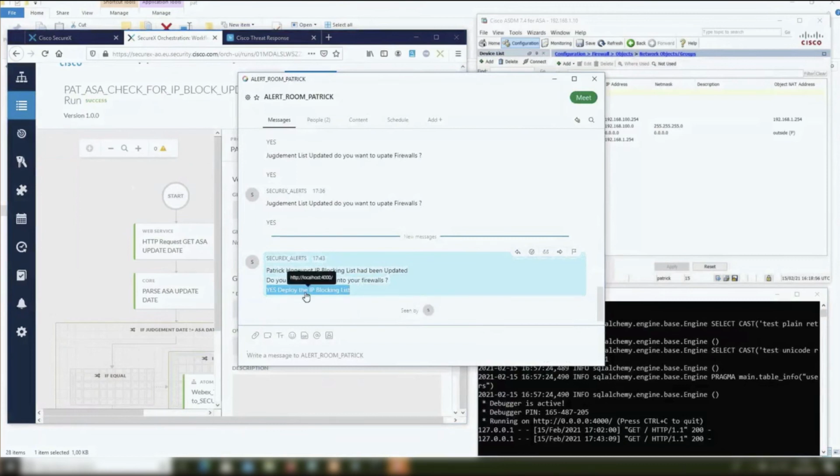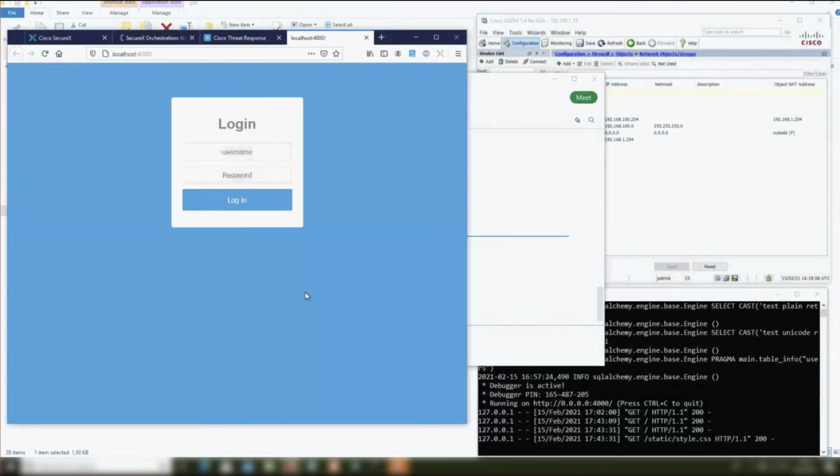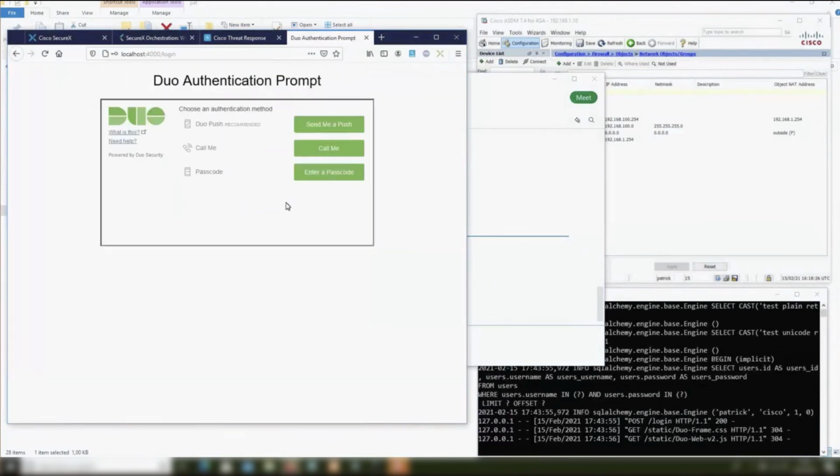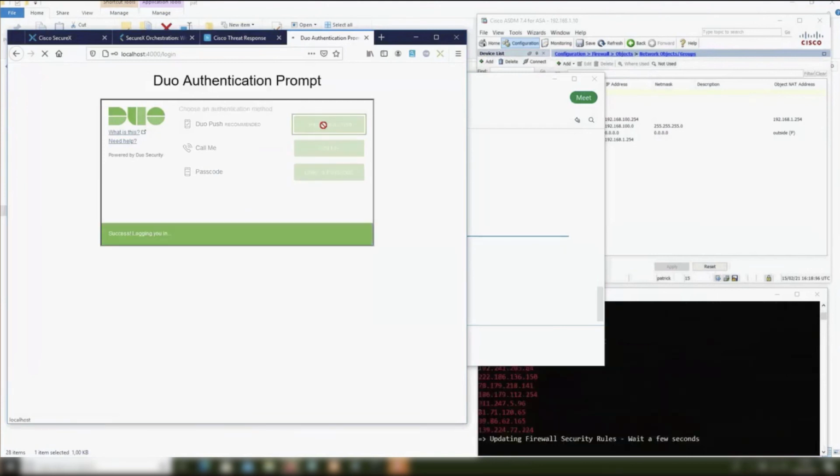We can confirm that we want this deployment thanks to this link, and I have inserted an approval workflow into this workflow. This one is protected by Duo multi-factor authentication in order to be sure that no unauthorized administrator will do that. So let's send a push to the telephone, and let me click on the approve button, and here it is.